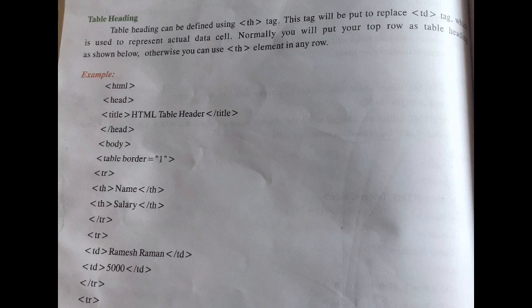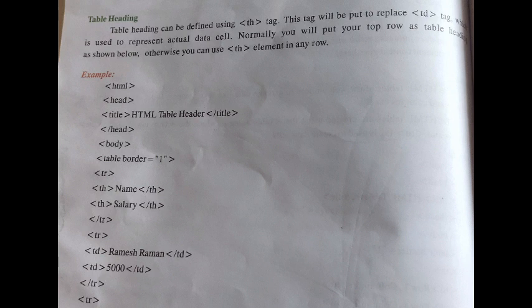Everything should start with the table tag, and there is a closing table tag. Next is TR. TR represents table row, which starts the first line. Next is TH, table header. When we give the content within TH and close TH, the content will be displayed in a dark manner. Whenever we write in the box rows and columns, we write the heading in black color, isn't it? To show the difference, the table header will be a little bolder and darker. Right? Next, for the next line, we open the next TR tag.